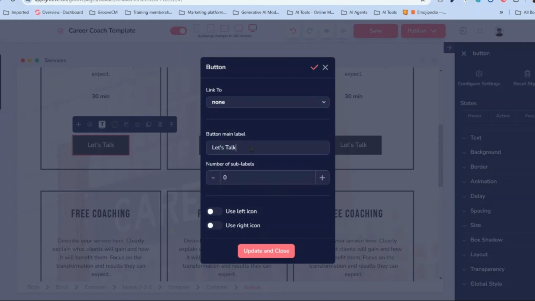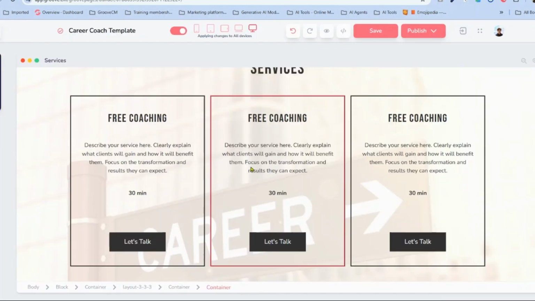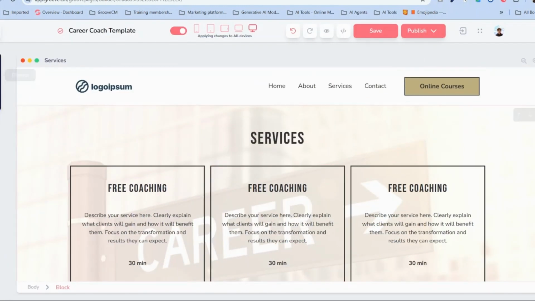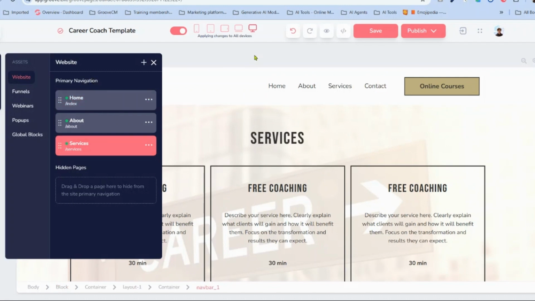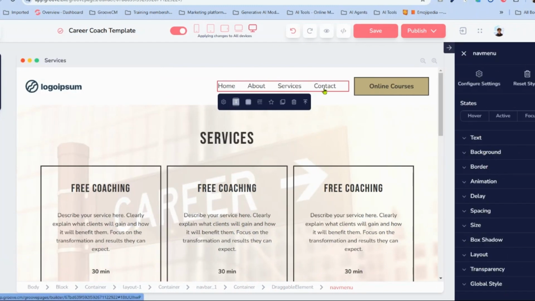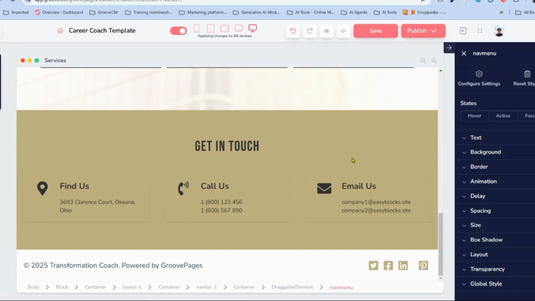You can change the name of your button over here, and if you want to include sub labels, you can also do so here. All right. So the Groove Page Builder actually automatically adds all pages in primary navigation to your nav menu over here. However, as I've mentioned earlier, I will actually show you how you can link your contact to a specific section